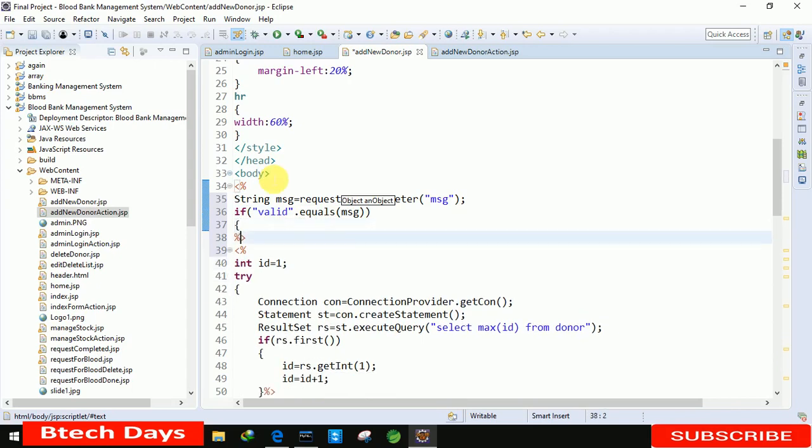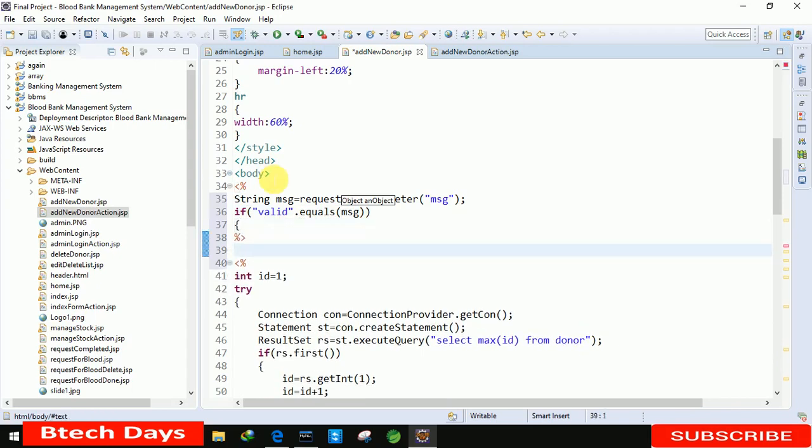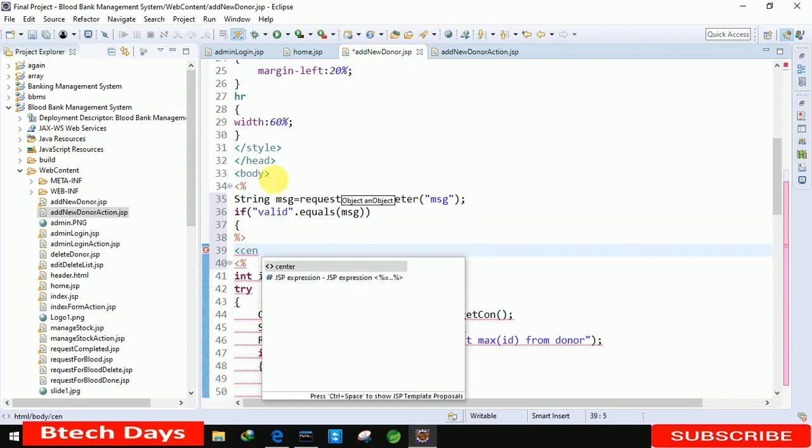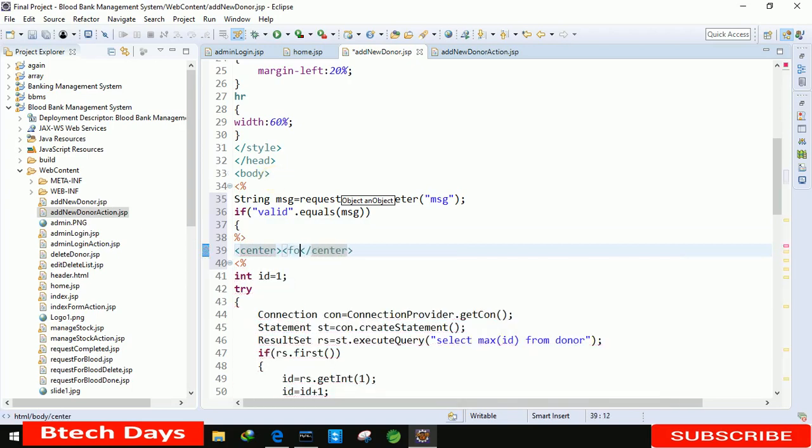Okay, and here we just need to display the center. We need to center font, and setting the color equals to red, and size we are setting to size equals to 5. After size, we are showing the message successfully updated. Okay, you can see here.